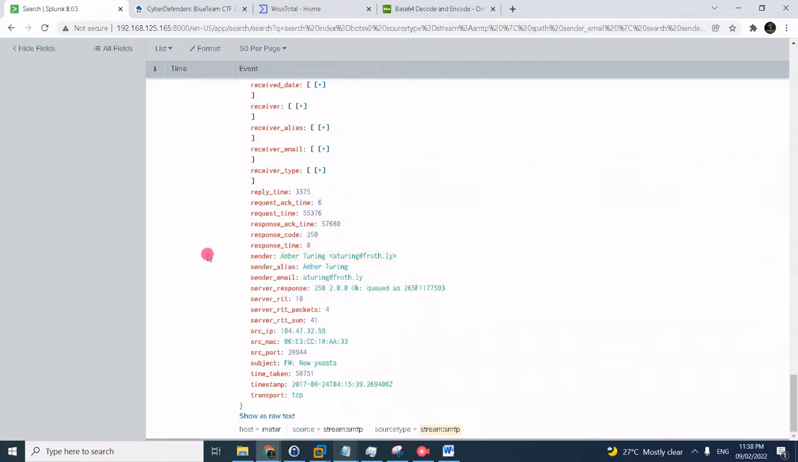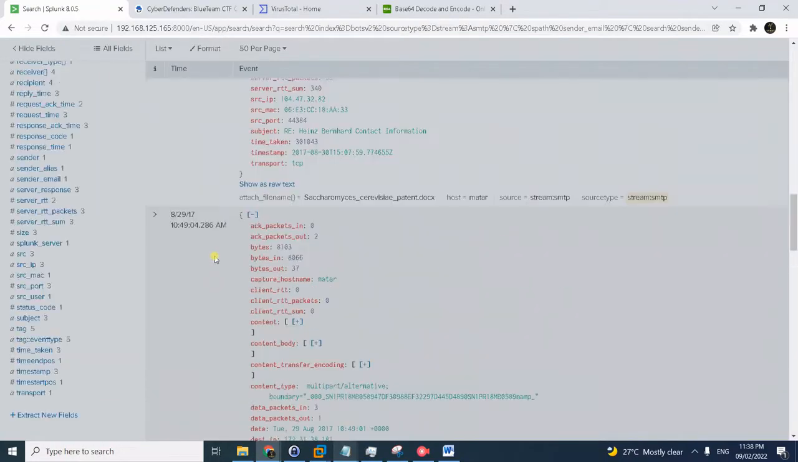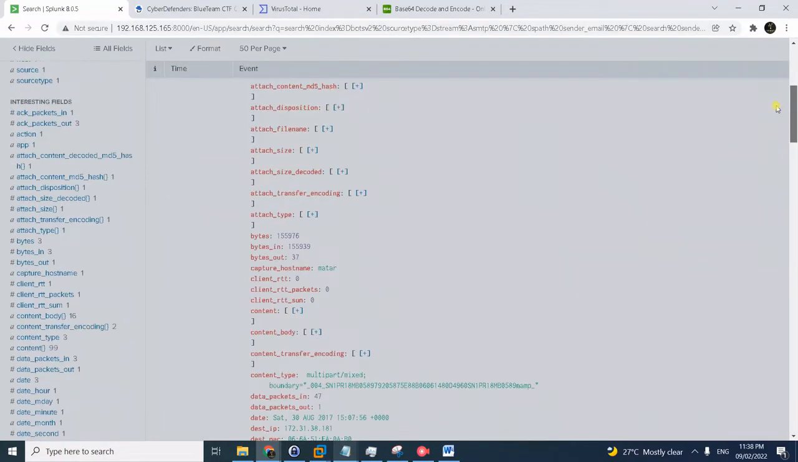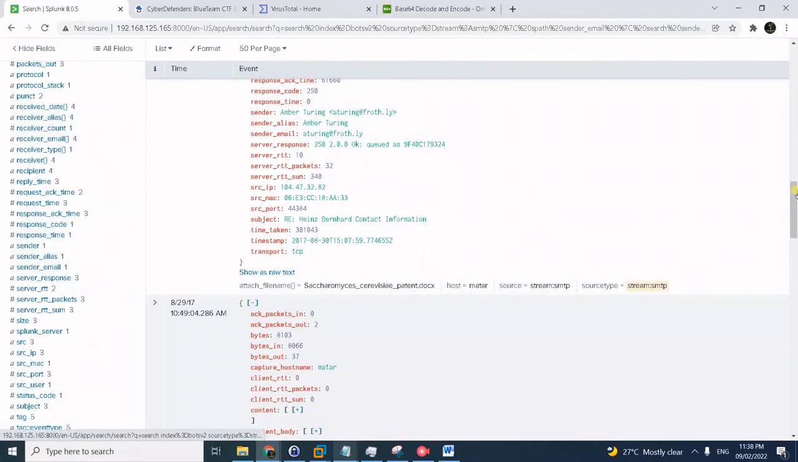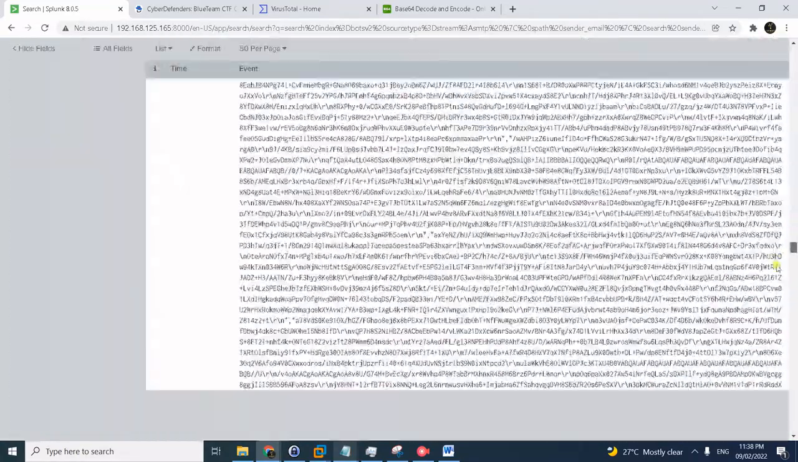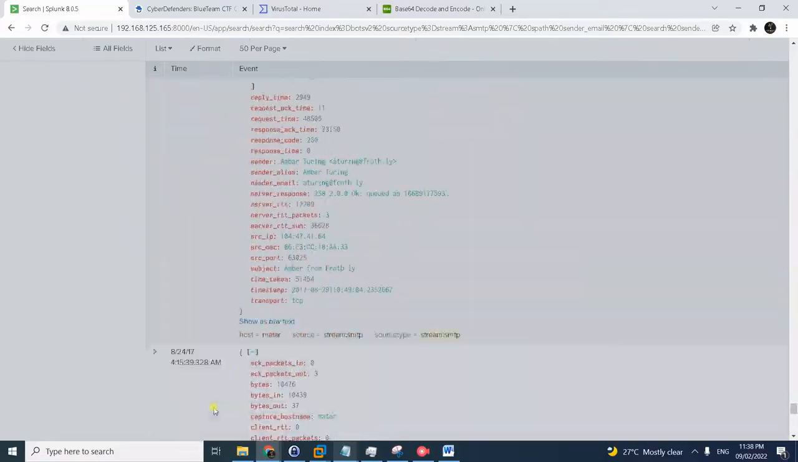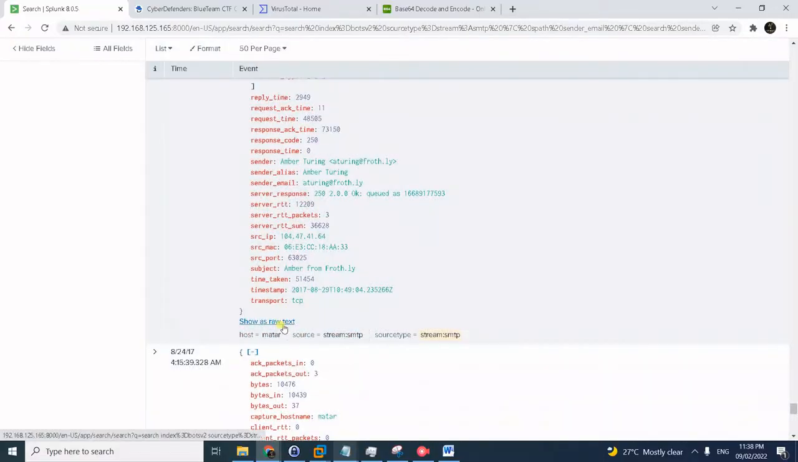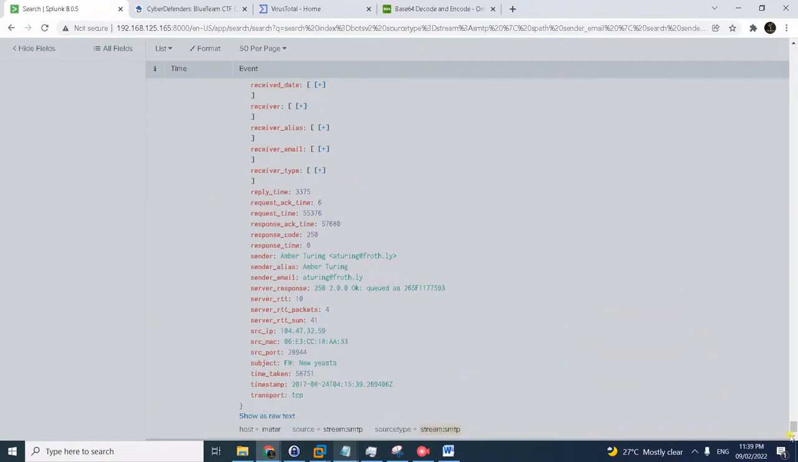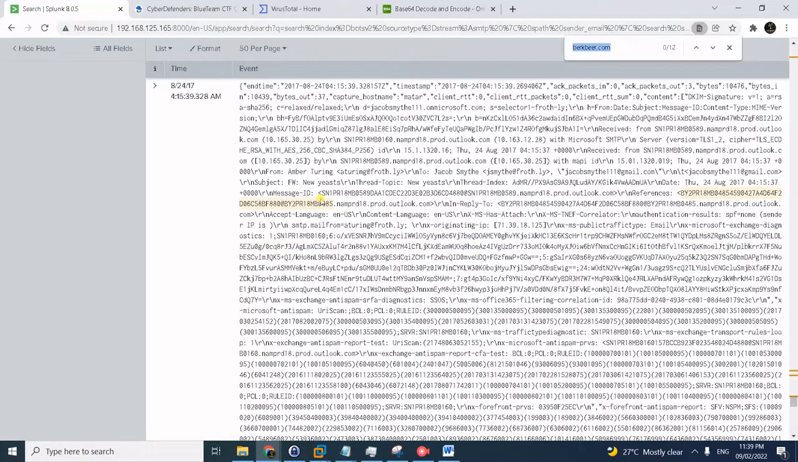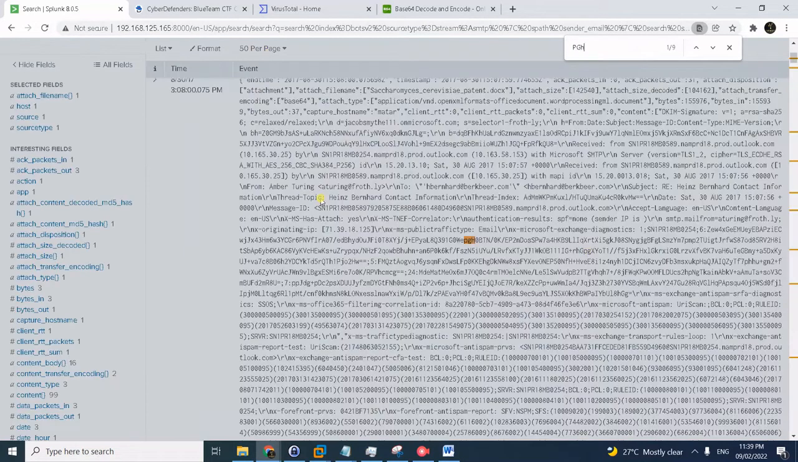Okay, let me just check. We'll need to expand the raw for each, since these are just 3 events. Expand the raw. Expand the raw. And expand the raw. Okay, I'll just search for